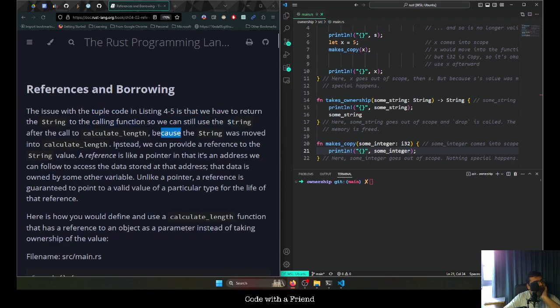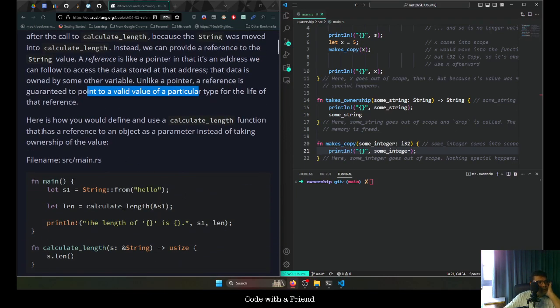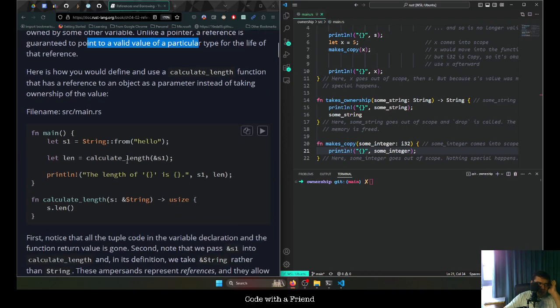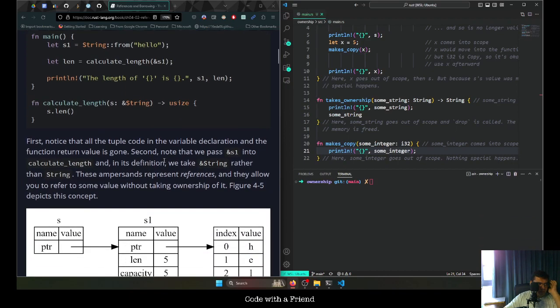Because the string was moved, instead we can provide a reference, like a pointer, an address we can follow to access the data. The data is owned by some other variable. Then I think it breaks the contract, right? Unlike a pointer, a reference is guaranteed to point to a valid value for the life of that reference. Here is how you define and use a calculate length function. So we pass a reference to it, and then